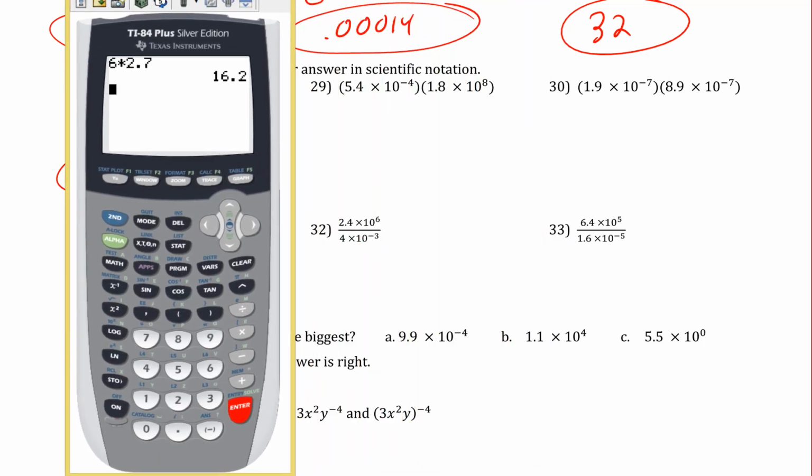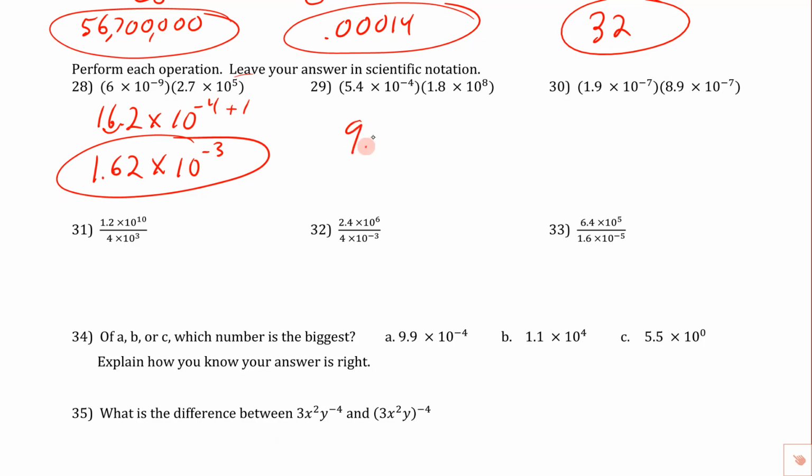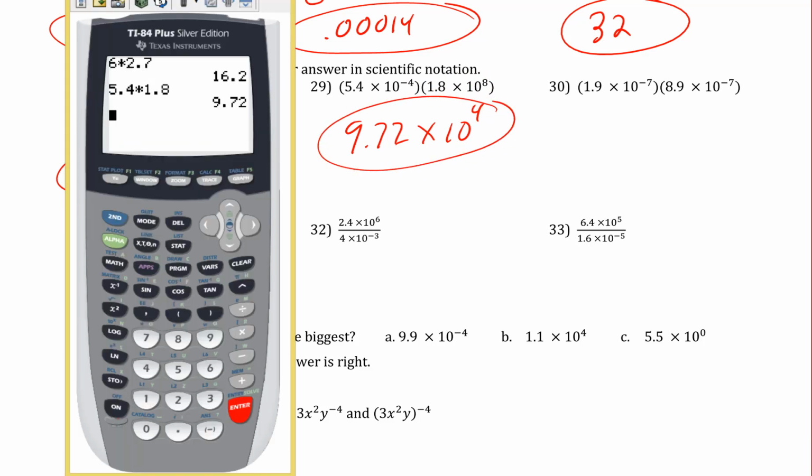Again, you've got access to a calculator, so please make sure you're using it to get these right. So we'll multiply those together. We get 9.72. And when we get something that has only one digit in front of the decimal, that's pretty cool because we know that it's already in scientific notation. So we've got -4 plus the 8, so that's going to be 4. So we'll go ahead and circle that. And the next one, we've got